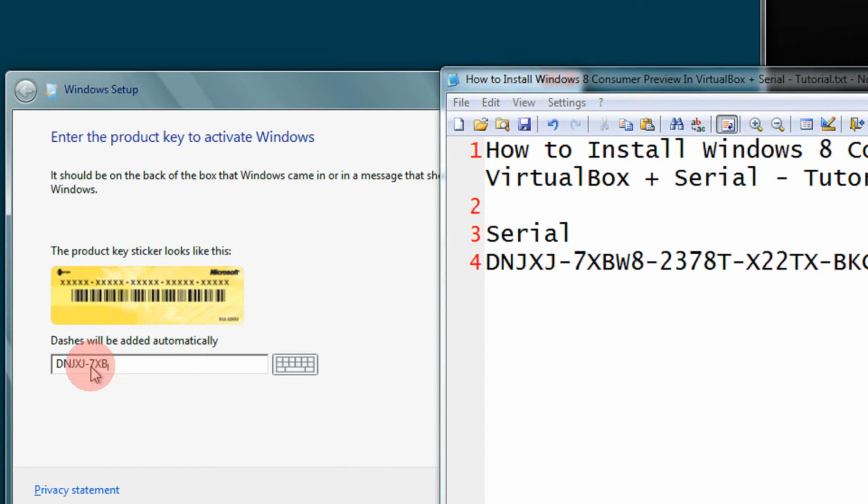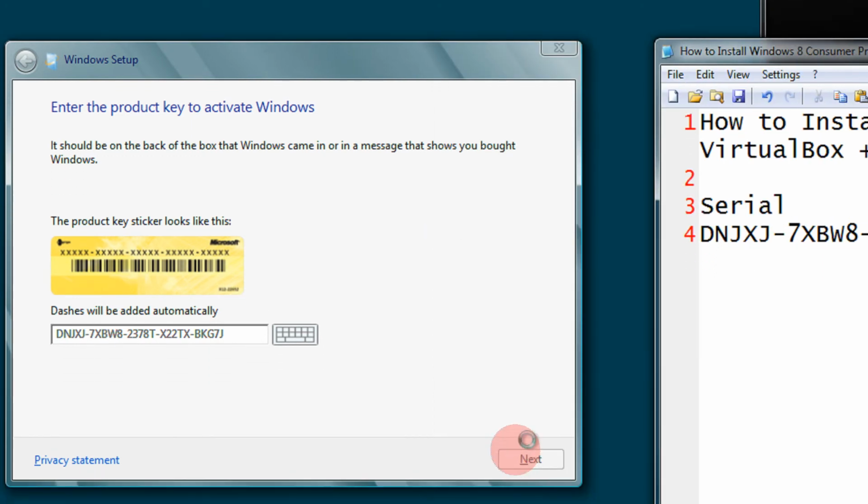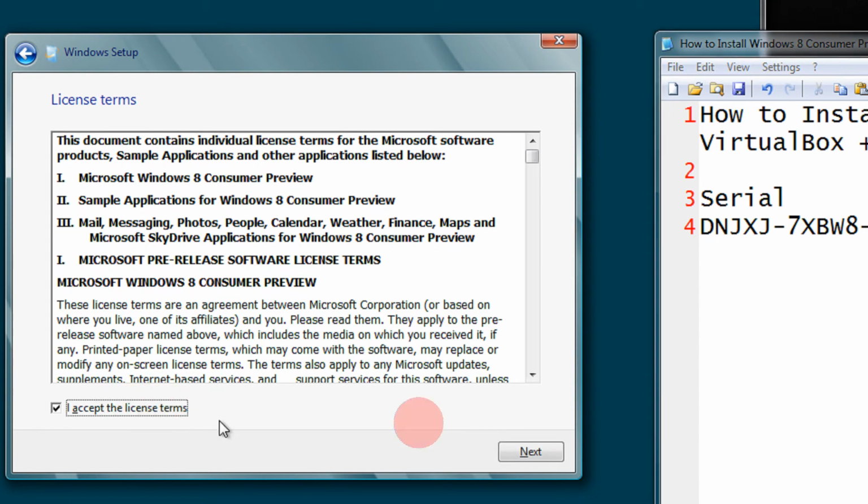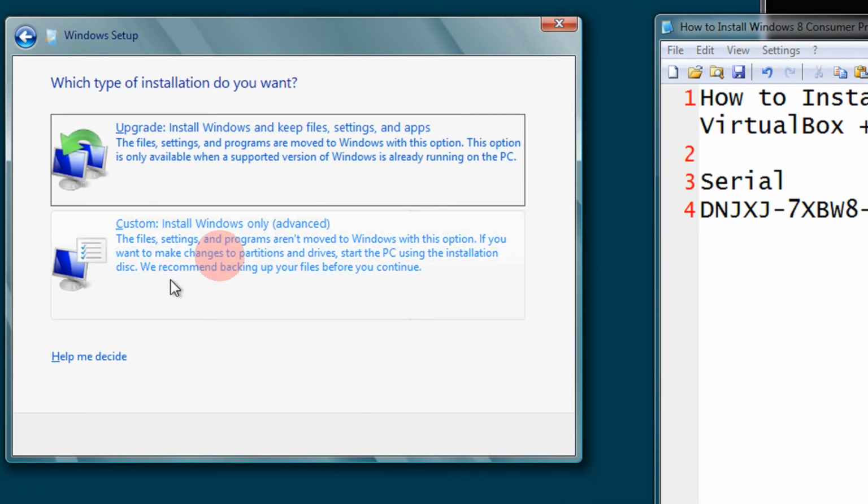XJ7X BW8 2237 80 X22 BTX. Don't put the dashes, they will be added automatically. BKG7J. Press Enter, or you can click Next. Click on I accept, click Next.